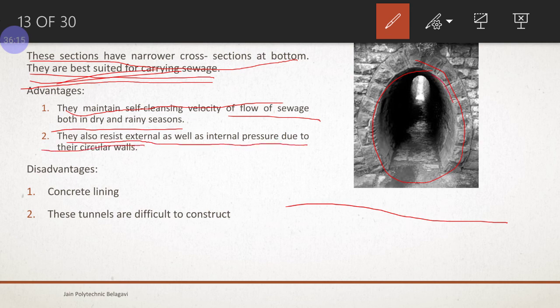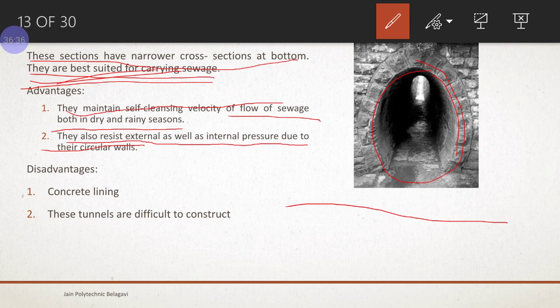These are circular shapes, so it will resist the external as well as the internal forces. It maintains its self cleansing velocity in the dry season, that is summer season, as well as in the rainy season.